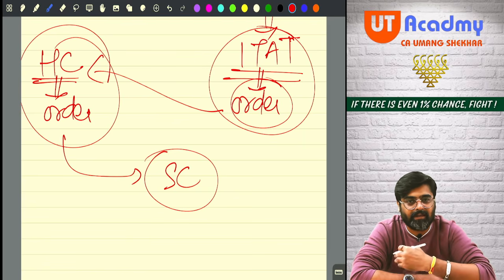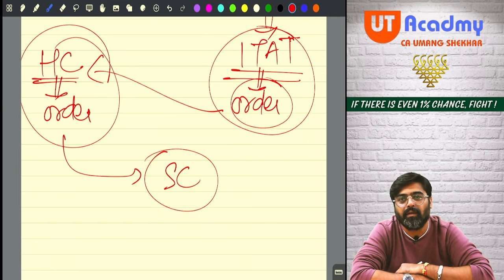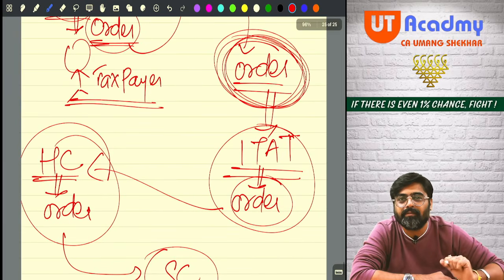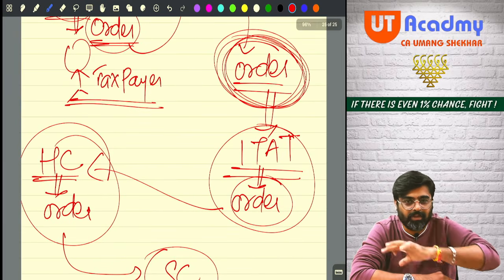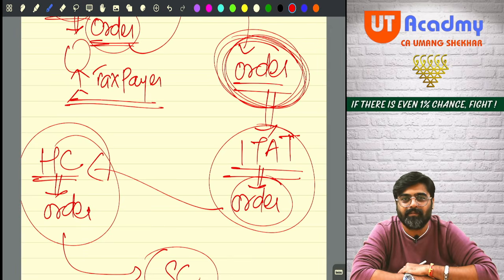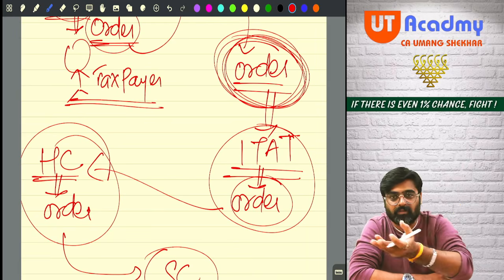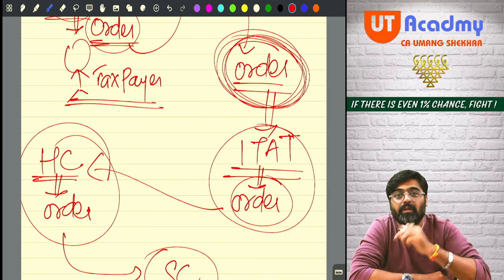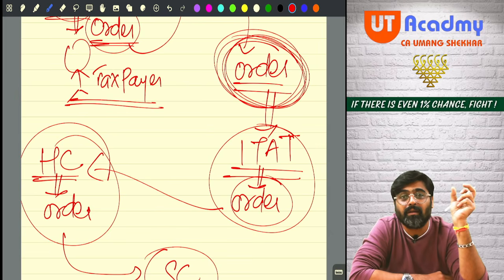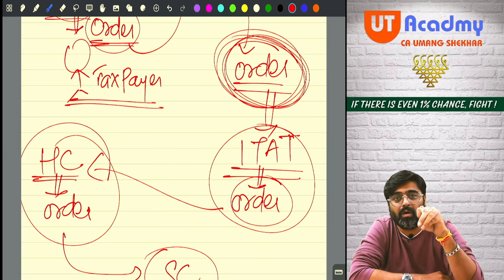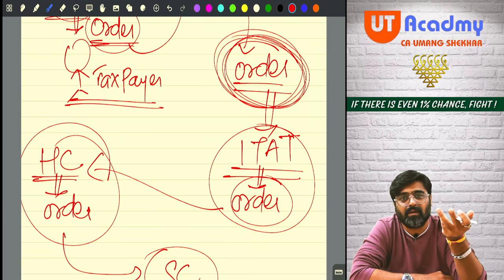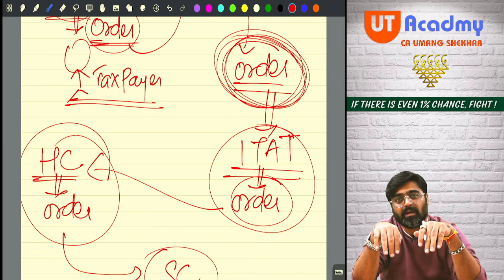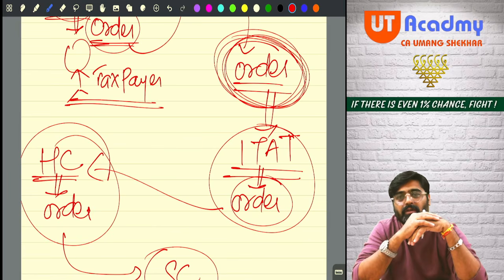Did you understand the entire process, what is happening here? Why this Colaveridi? Come on, tell me. Why this Colaveridi? Meaning, all these things are done for some reasons, no? There was some interpretation issues in the law. Because of that, we had different opinions, and as a result of that, we have to fight the cases.